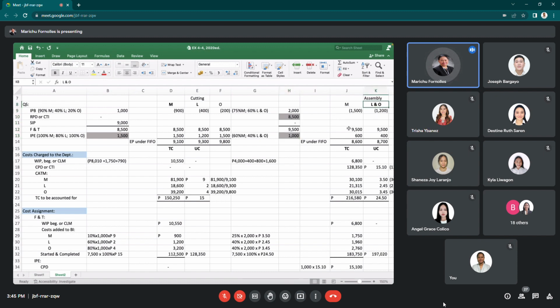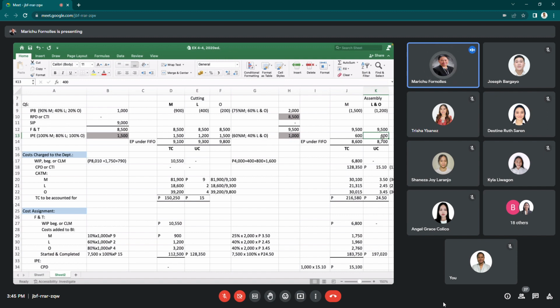So remember, we are using first in, first out. So finished units will be multiplied by 100%, so times 9,500 units. Then add your EP in IPE. So 60% of materials times 1,000 equals 600. That's the EP in IPE for materials. To get the EP in IPE for L&O or conversion cost, you multiply 40% by 1,000 units and you'll get